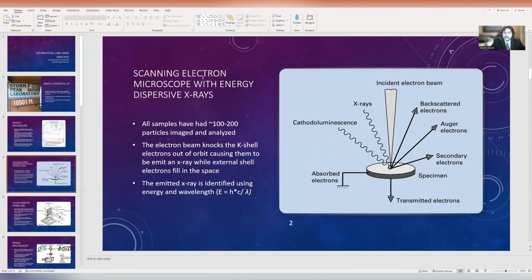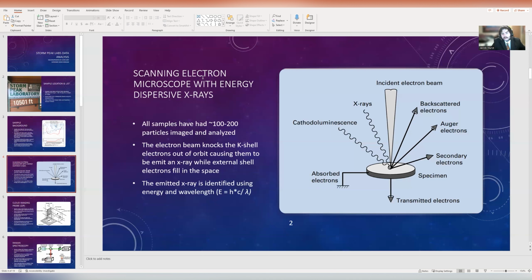A little bit more background here. Our electron beam will knock the K shell electrons out of orbit and cause them to emit X-rays, while the external electrons fill in the space in the shell. By doing that, we can measure what angles it comes out at in order to determine what kind of particle it is, right? The emitted X-ray is identified using energy and wavelength, which is E equals hc over